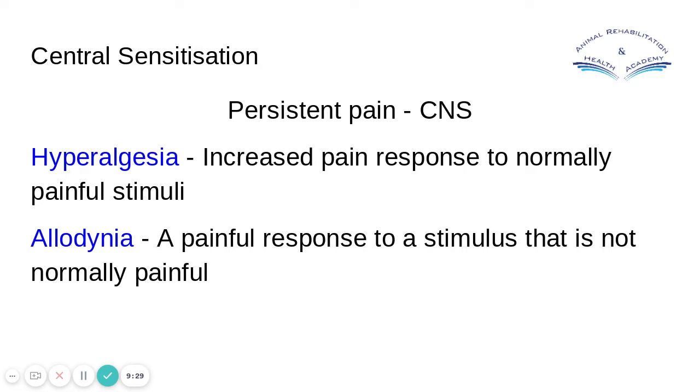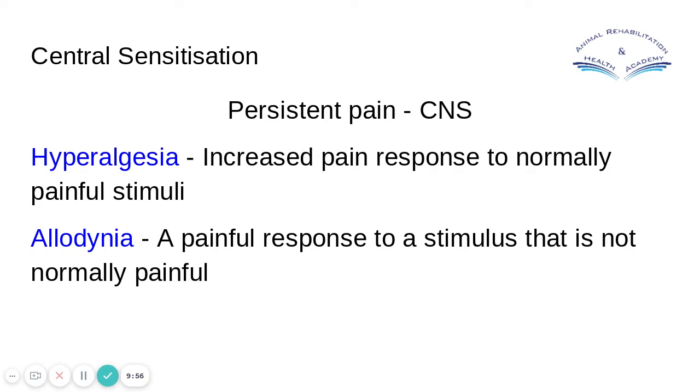So it should be painful. It's a painful thing. You are puncturing the skin. It is a noxious stimulus, and it should be painful, but it's not that painful. So if you have a massive dramatic response to it, then that might be hyperalgesia, where there's a dramatic response to what would be a normal painful stimulus, but that would be quite tolerable.